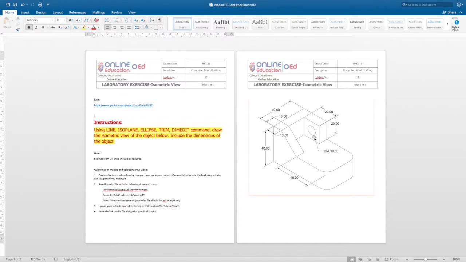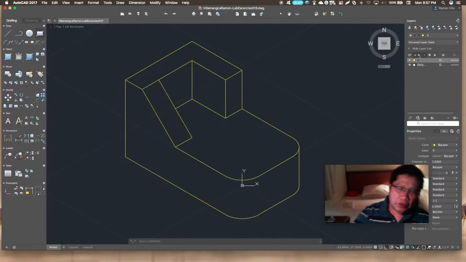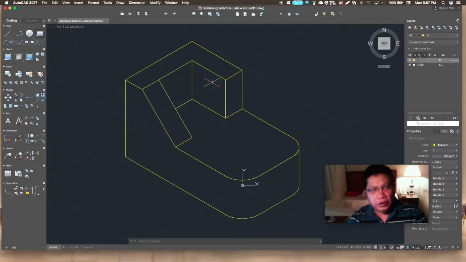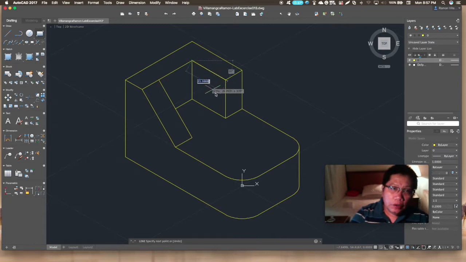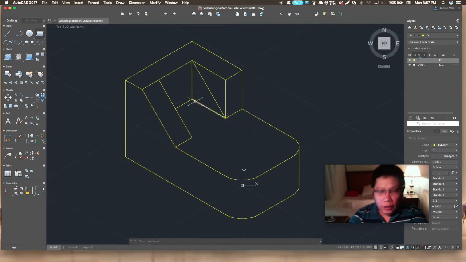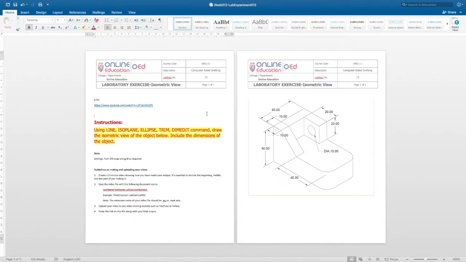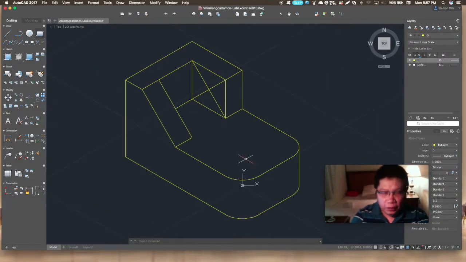The only one we need is this circle kind of hole there. So to do that, we draw line here to here, and then another line here to there to get the center of the circle. The diameter is 10, so the radius is 5. So circle, oh, ellipse,